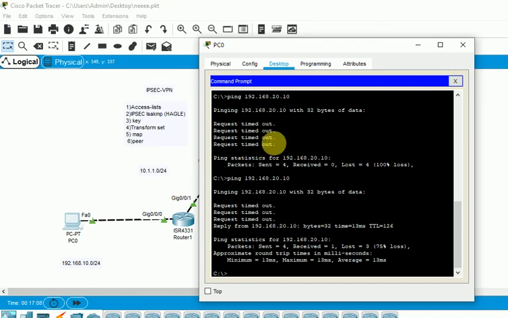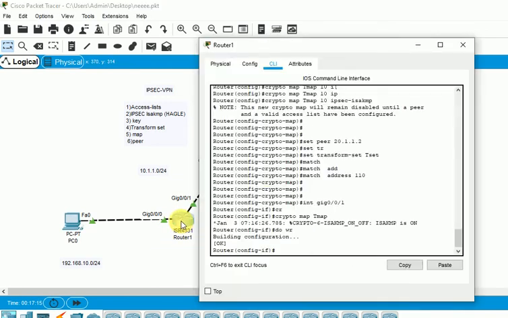You can see that the communication is there. The ping is successful. Now let's check whether the tunnel has worked or not.